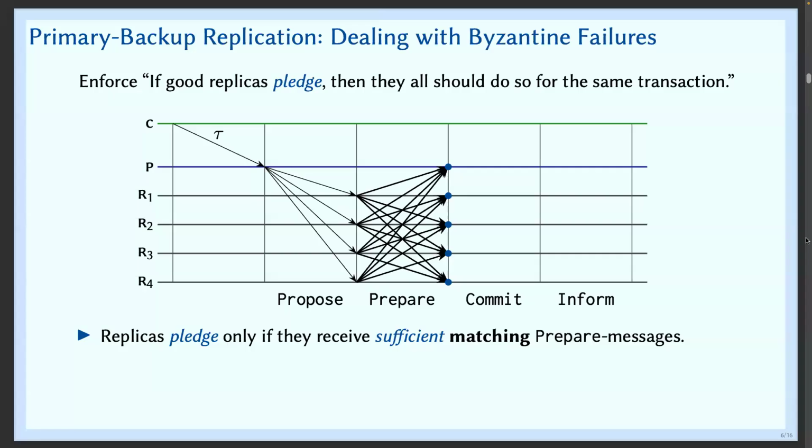So I'm going back to why we need 2F plus 1. My quorum is now F plus 1. What could happen in the recovery? These people would say the same as before. The good guys would have said, no, we got B. And I just need one more vote for B, and we have F bad replicas, so easily I can get one vote for B. Now this is a quorum for B.